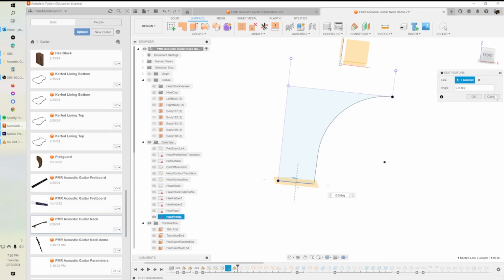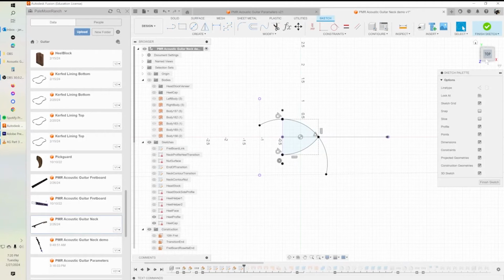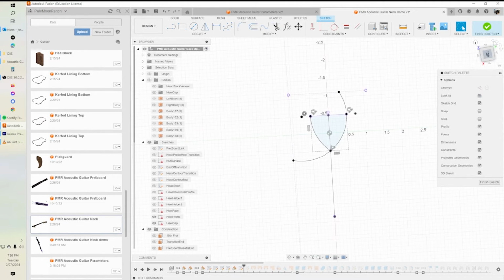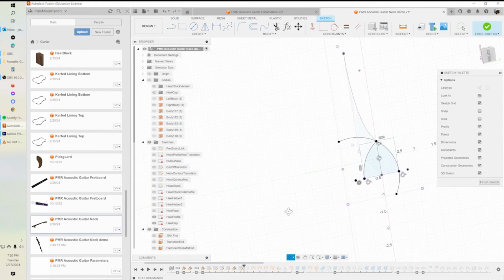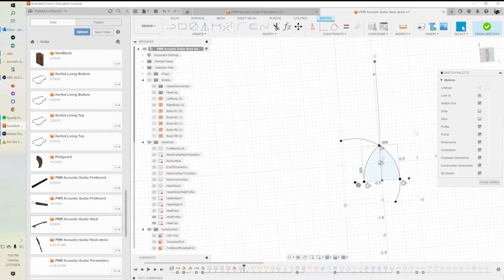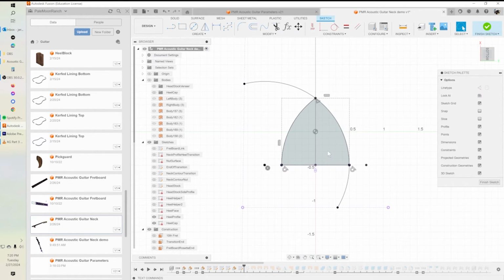Then we're going to sketch on that plane, and that sketch looks like this. Oops, that's not the way I wanted to go. Here we go. Oh, and then I want to flip it around. It should be this way. Okay. Okay. That's our